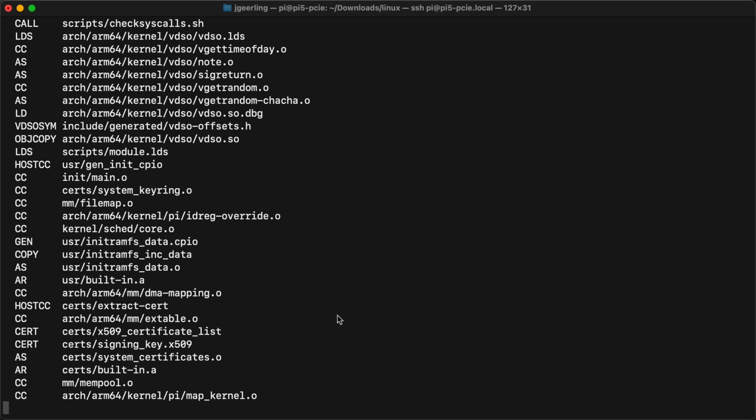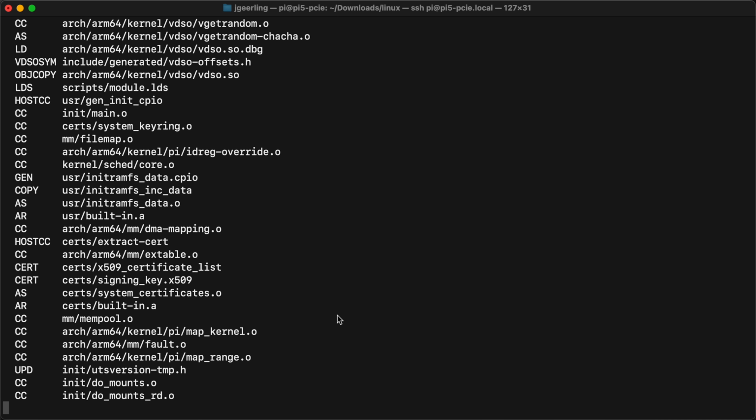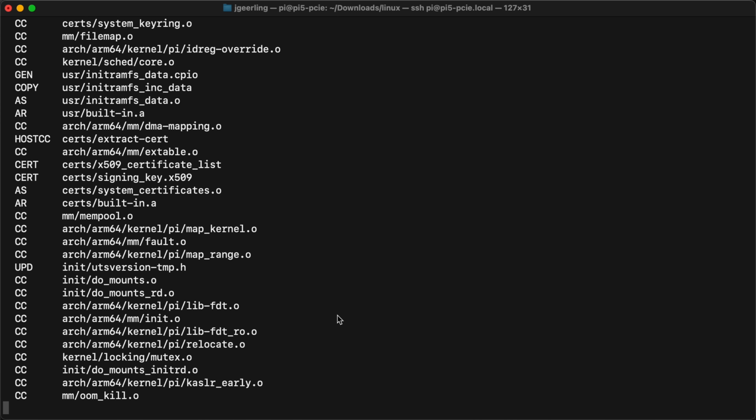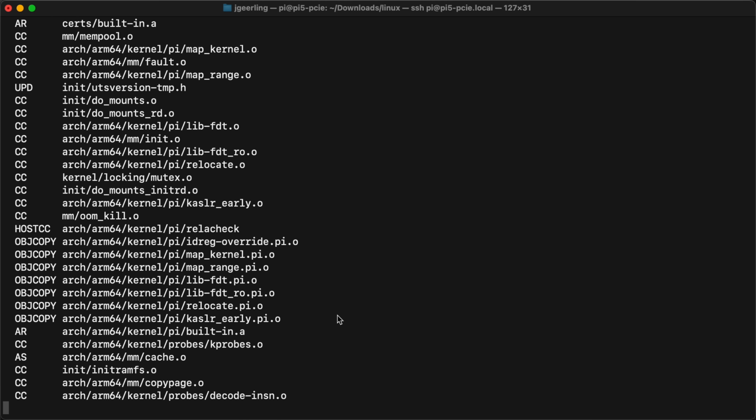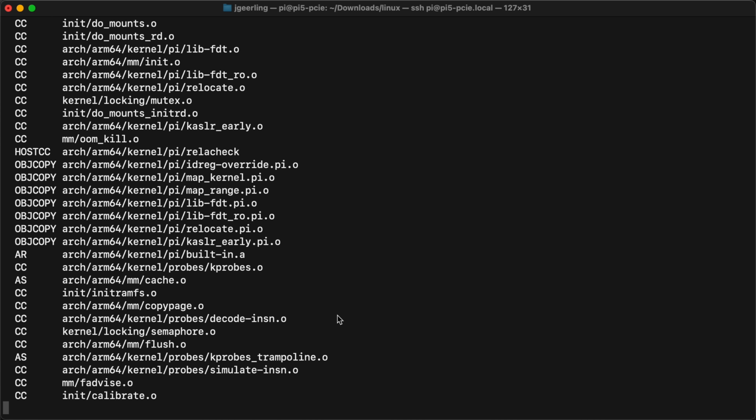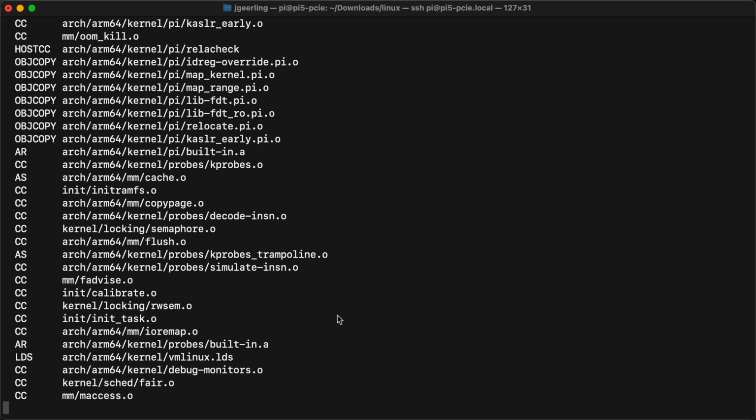This process actually takes a really long time. I'm going to speed this section up. If you want to find out more about what it's actually doing, you can look up these little letter combinations on the left side. There are some articles that will tell you all about the different parts of the Linux